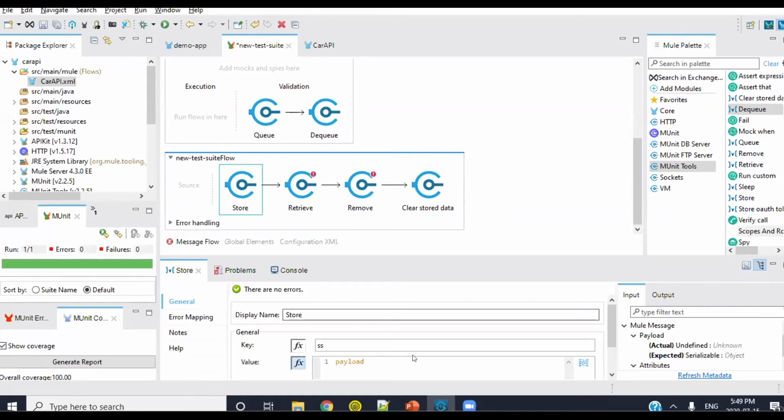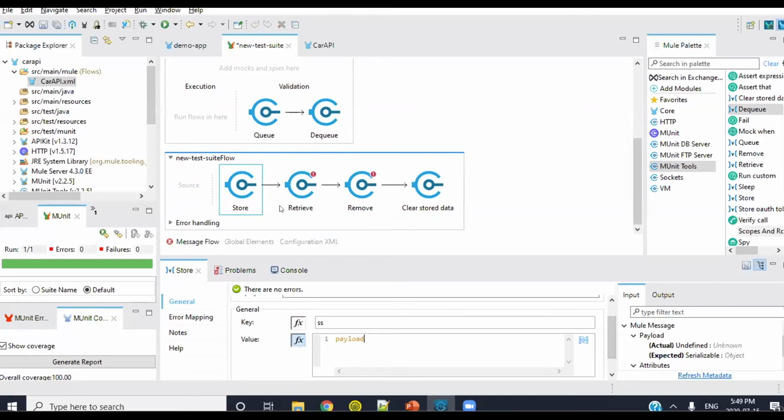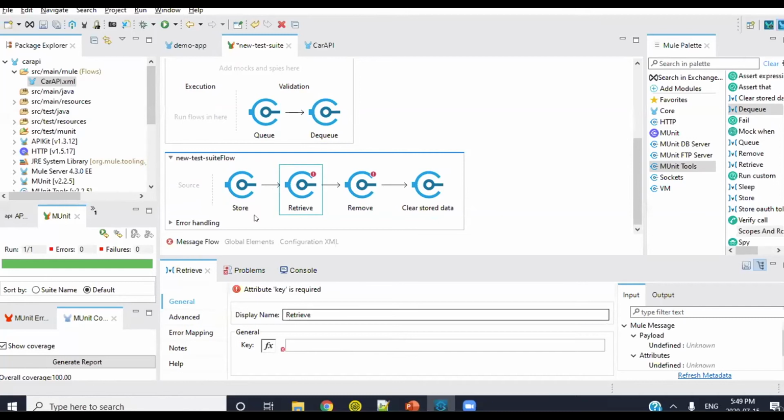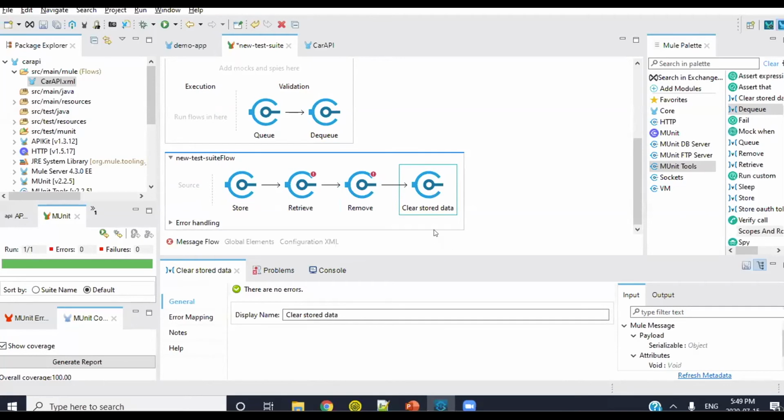Store is used to store the message with a key value pair, whereas whatever the stored value will be retrieved using the retrieve processor. And if you want to remove that key, then you can use remove. If you want to clear all the stored data, all the parameters, then you can use clear stored data.